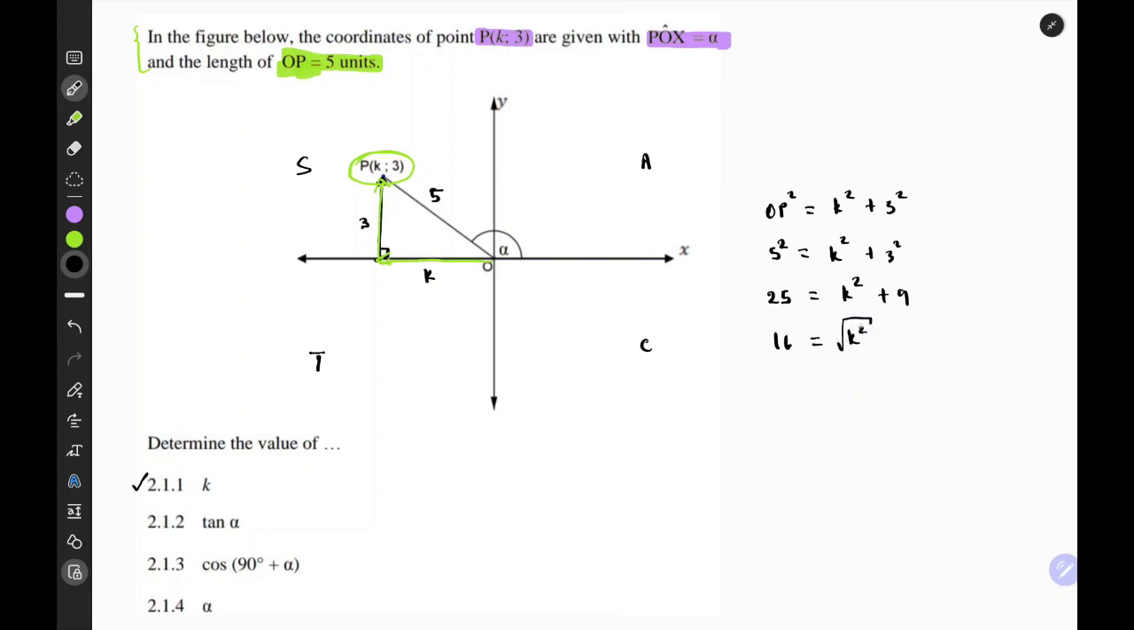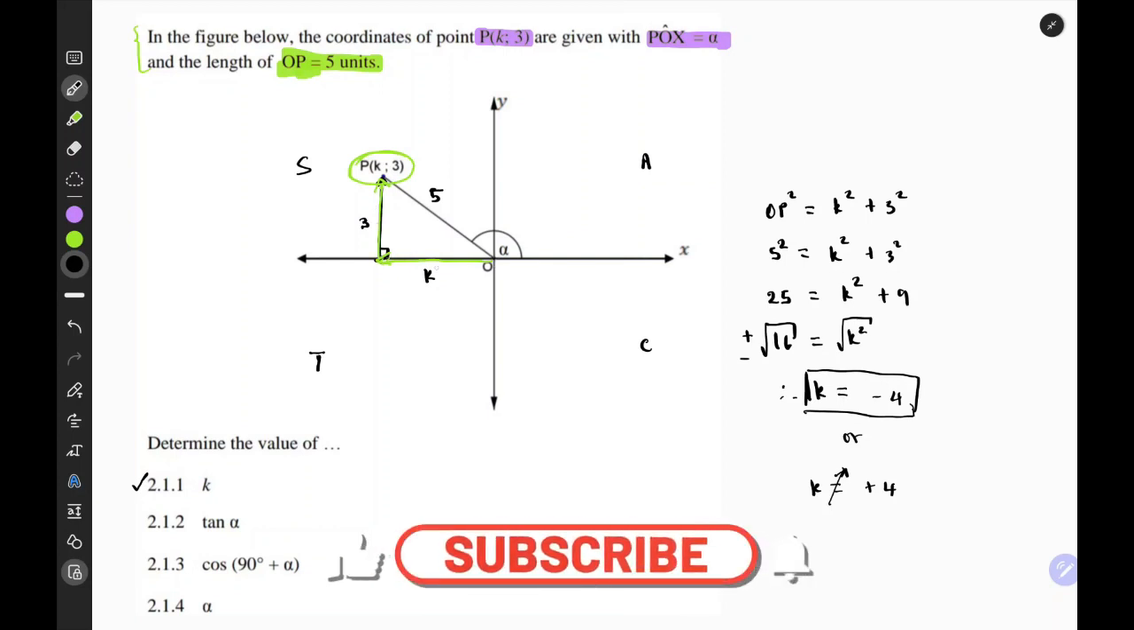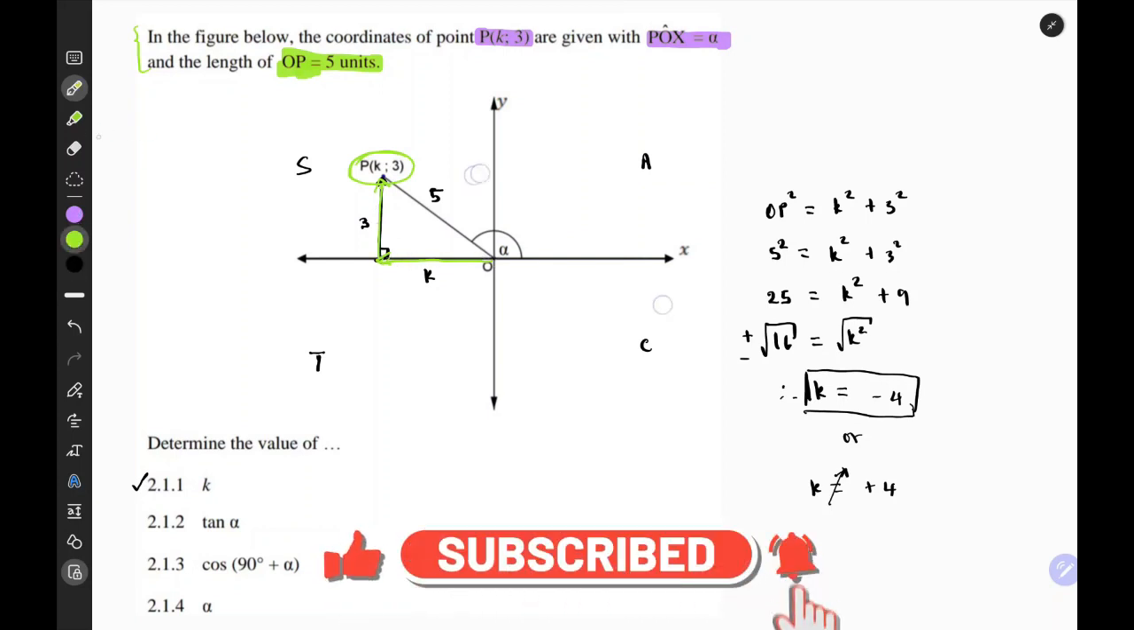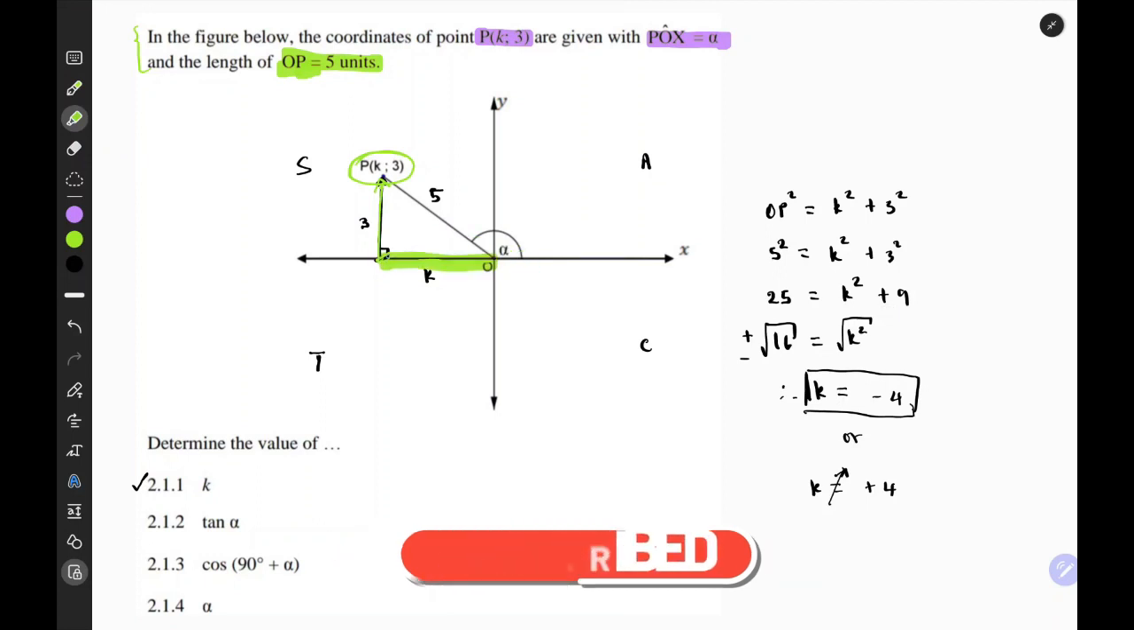If we take the square root on both sides, here we have plus minus square root of 16, therefore k should be equal to negative 4, or k should be equal to positive 4. So we reject the second solution because k has to be negative. The coordinate is in the second quadrant, so k is negative units away, as we can see here. It's measured with respect to the negative